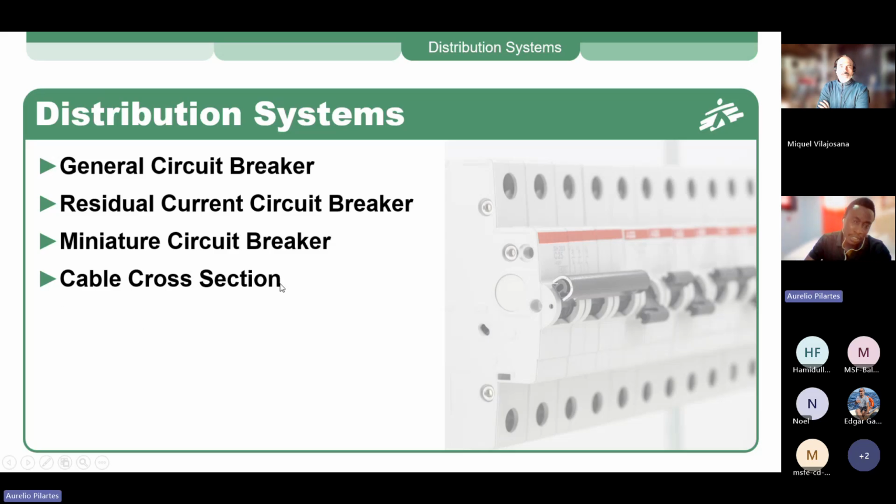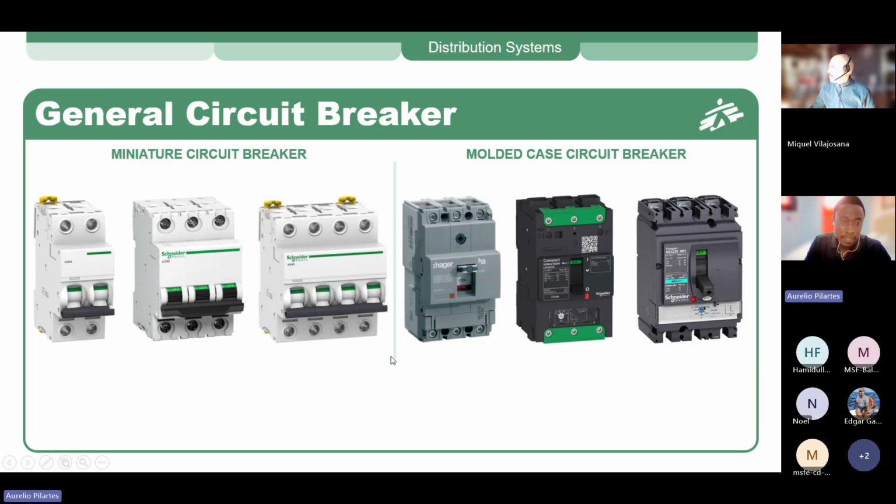And with this cable cross-section, you should pay attention to the circuit breaker you're installing in a specified circuit, because the cable cross-section will tell you what is the maximum rating of circuit breaker you should put. So if you have a cable with a specified cross-section, you know in this cross-section I'm only allowed to pass that quantity of power, then my circuit breaker should be this rating. So here are the devices, miniature circuit breakers.